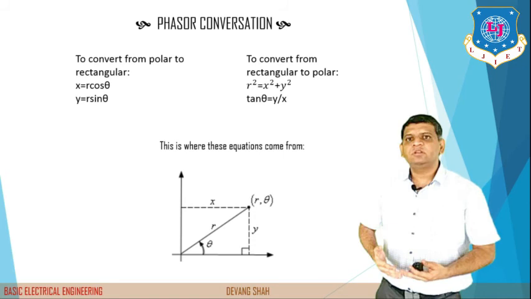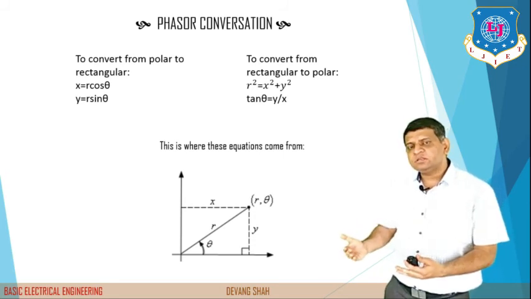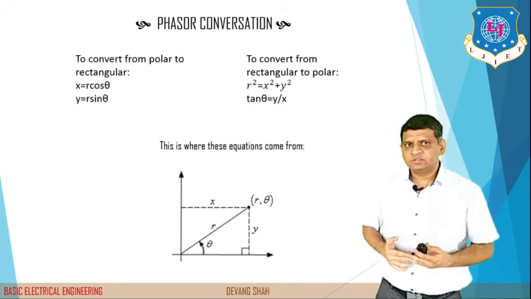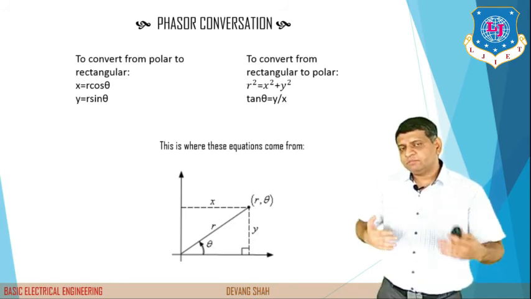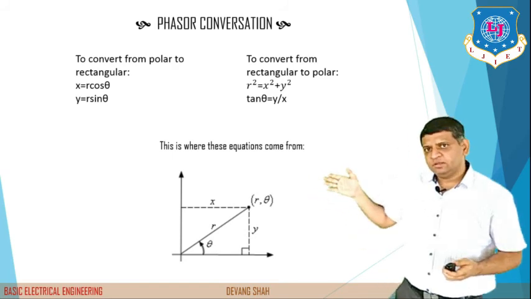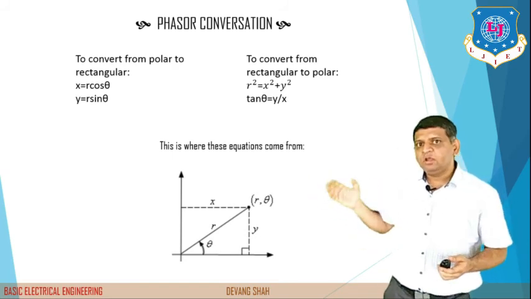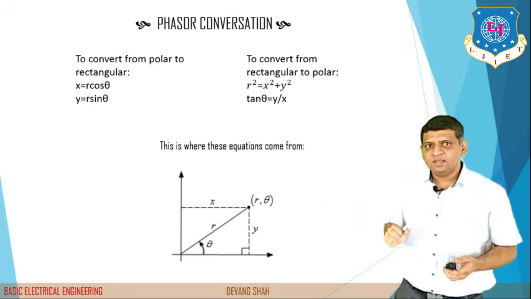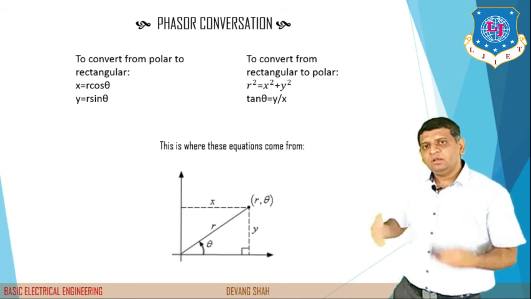One way of representation is called polar representation and another way is called rectangular representation. To convert from one form into another, to convert from polar to rectangular, you have to use x is equal to r cos theta and y is equal to r sin theta. Same way, r is nothing but the